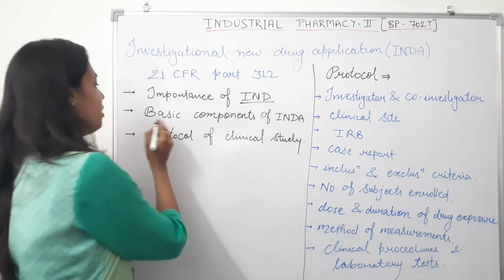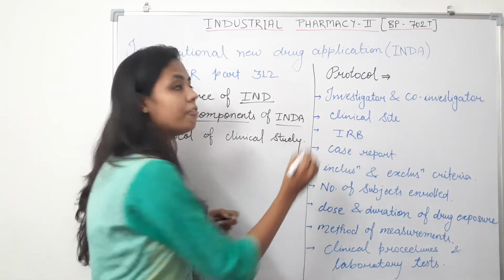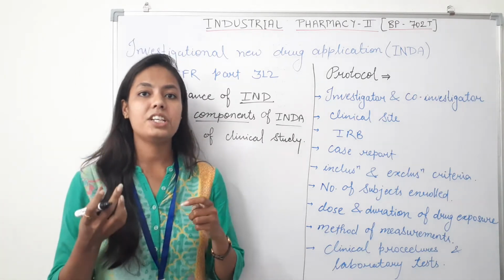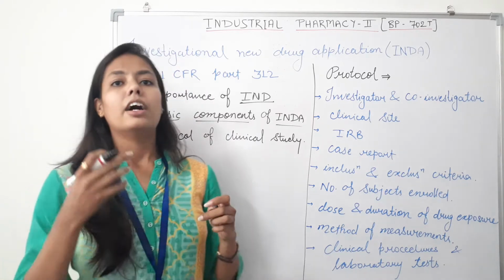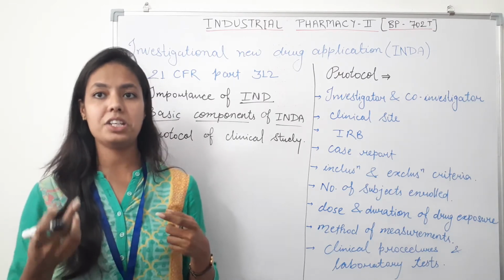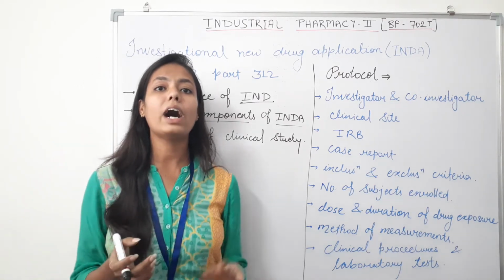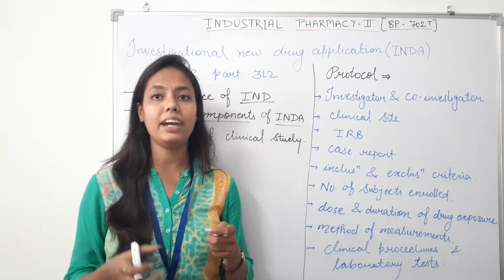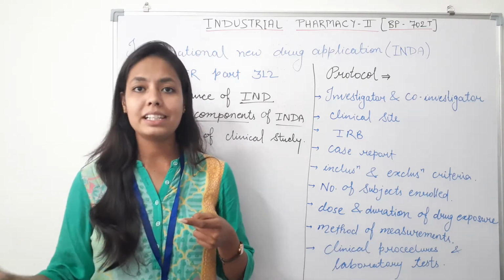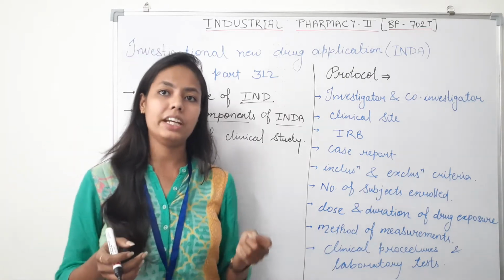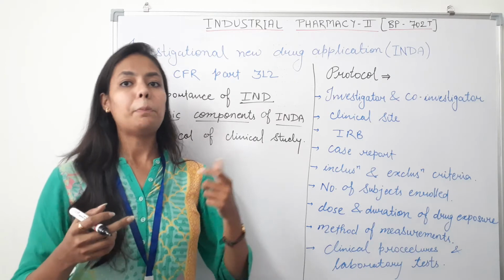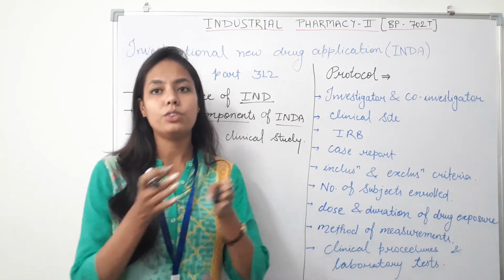Further, let's talk about the basic components of any investigational new drug application. Preclinical investigation, that is animal experimentation, is a step to generate the required data regarding the potential therapeutic effects of the substance on living organisms. This data is useful to present strong evidence regarding safety in humans and thereby to start human testing. The normal duration of the preclinical investigation ranges from 1 to 3 years.